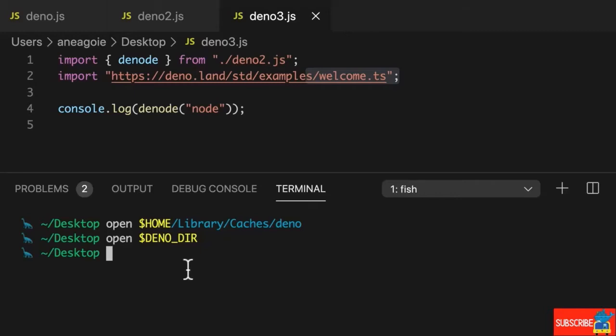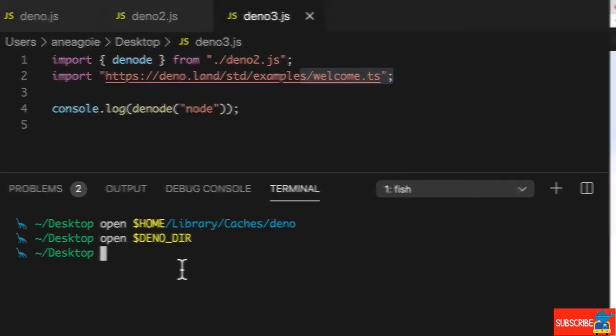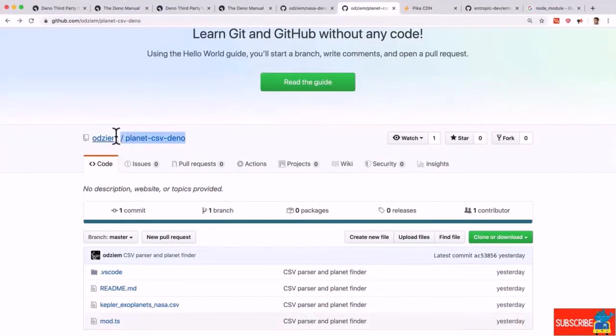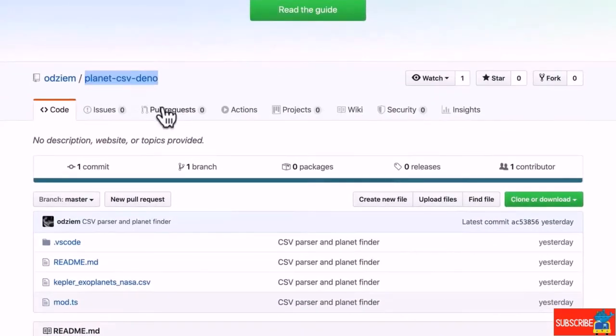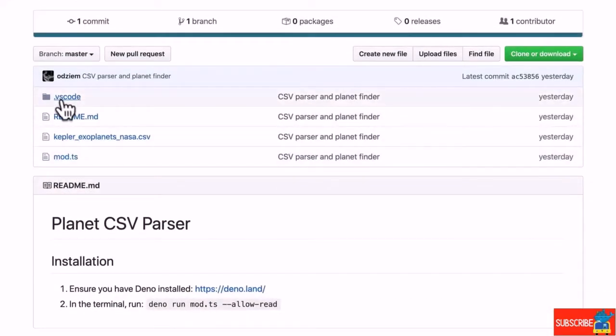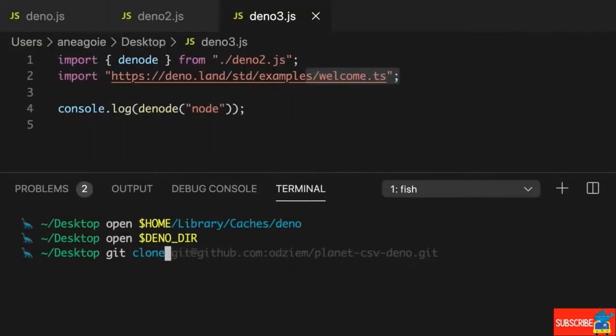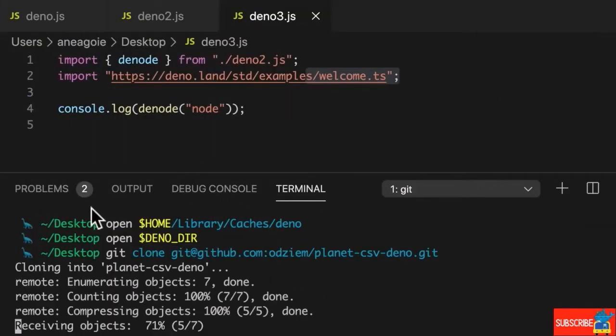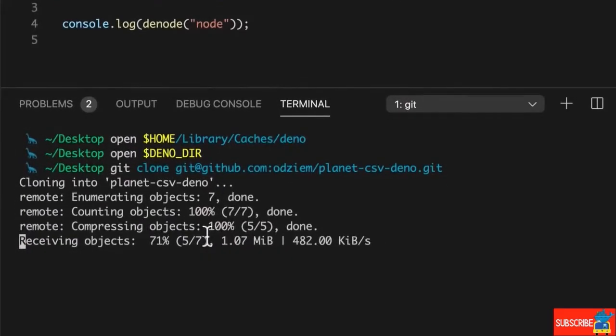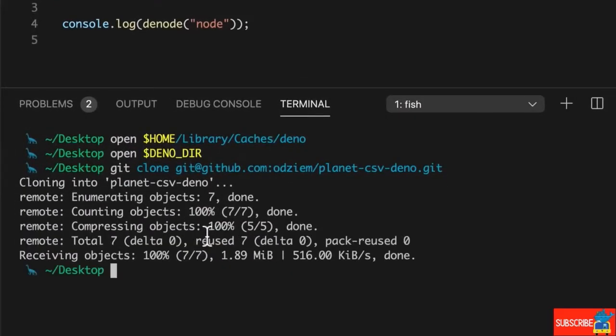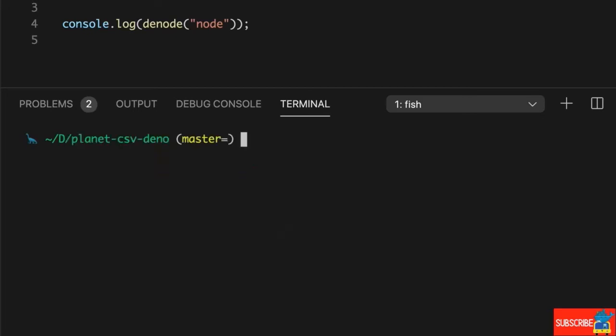For this, I'm going to use a sample application that we're going to build. We're going to use the Planet CSV Deno that we'll build in the course. And here you can see that Adam has already put it up on GitHub. I'm going to copy this code and git clone this. And now I'm going to move into this folder where the project is. Let me clear here. And I'm in the Planet CSV Deno. If I open this folder,